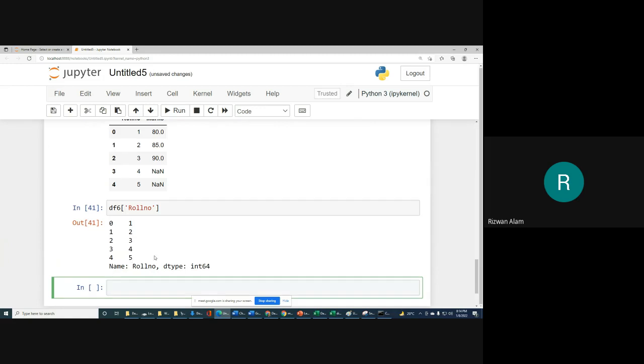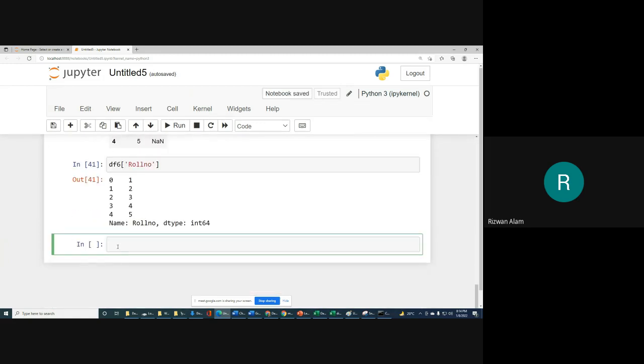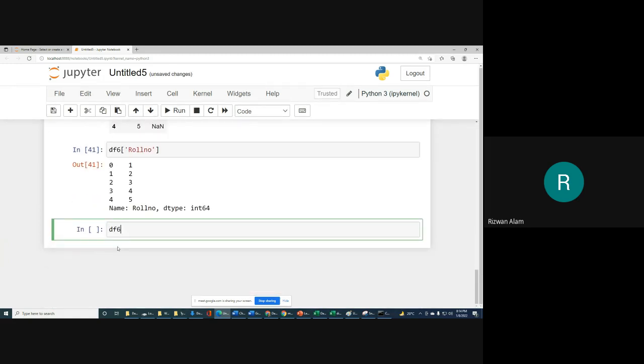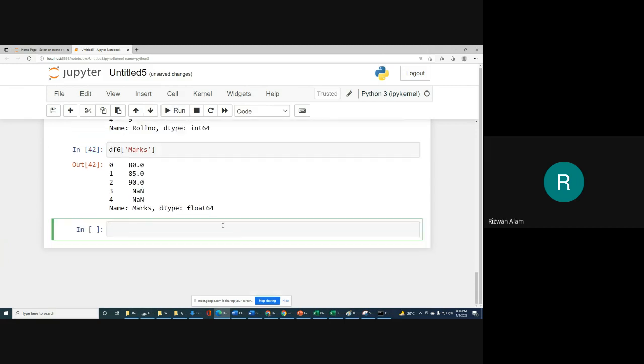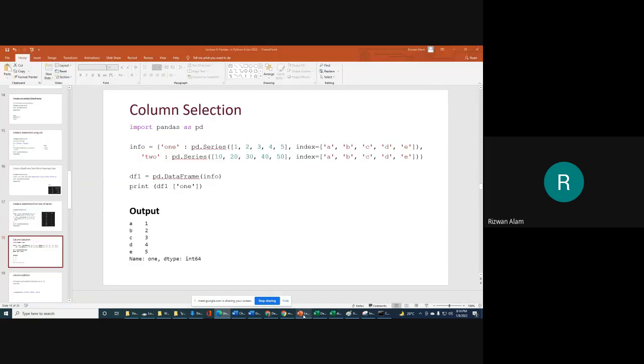If you want to print only marks, we will write it like this, and we will get marks only. The last two values are not a number. In this way we can select a particular column from our data frame.